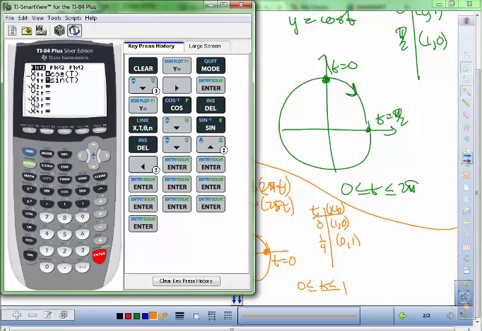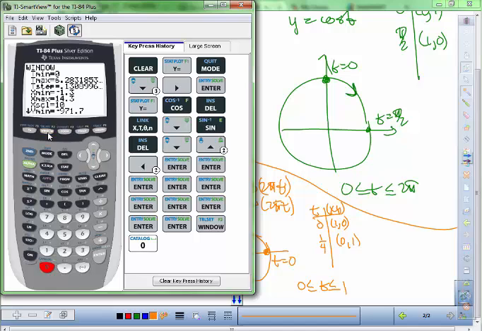Okay. So like I said, I would select this tracer that leaves an image. And then the next thing I want to do is go to Window to make sure I have the appropriate boundaries. So if I'd like to see this drawing drawn out from 0 to 2 pi,